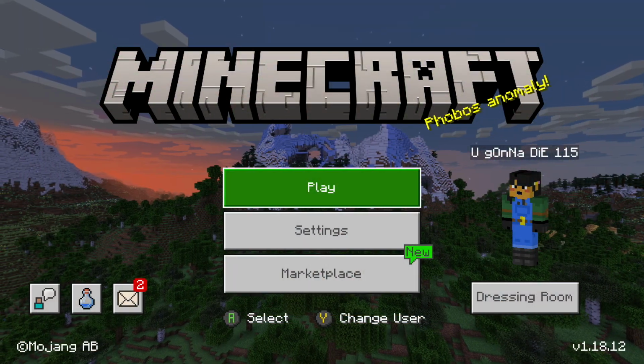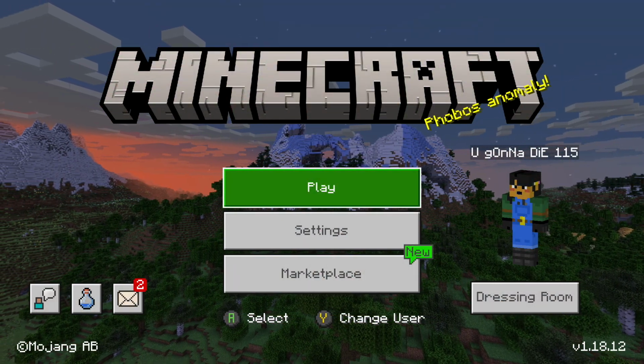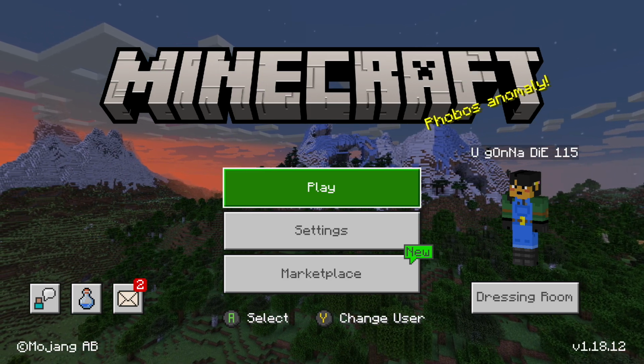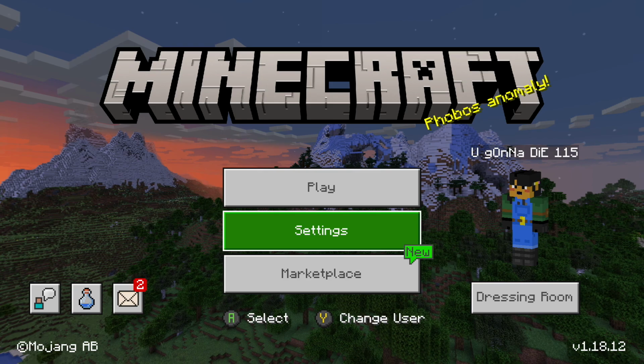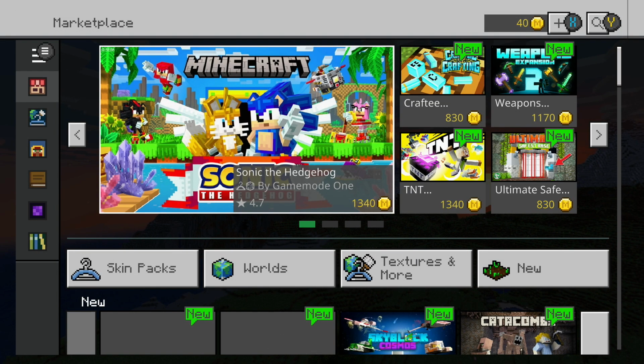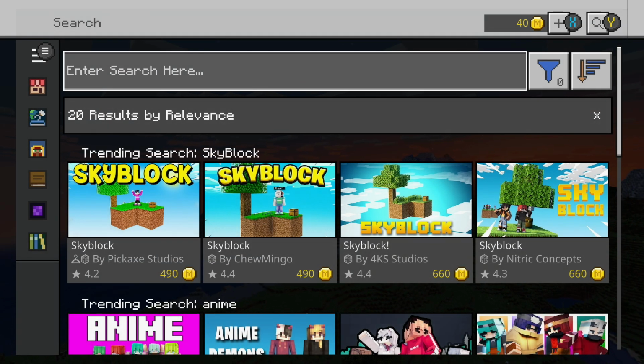So the first step to this entire process of getting custom global resource packs is we need to first download the global resource packs that we want. Now this is very simple. Go ahead and load up Minecraft as you would any other day on your Xbox and go to the marketplace right here and load up the marketplace. Once inside of the marketplace, you want to press Y. Very simply, go ahead and press Y to bring up the search bar,